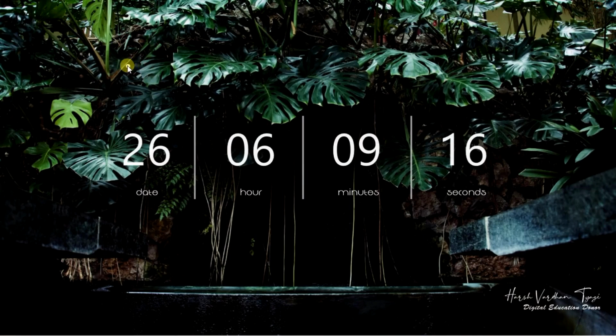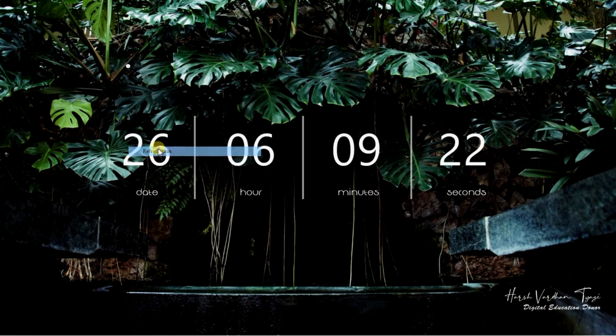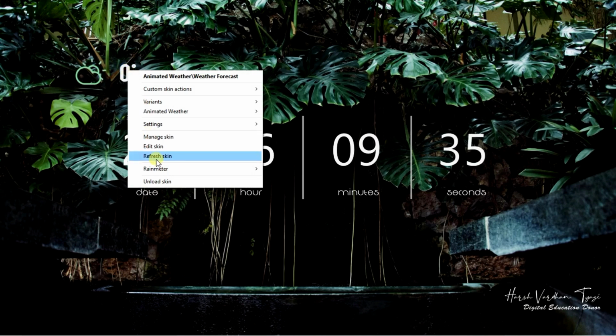Again right click on this weather skin and select Refresh. Once you have done this, it will take some time to display the weather conditions.